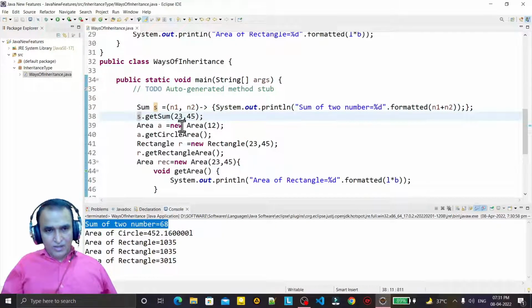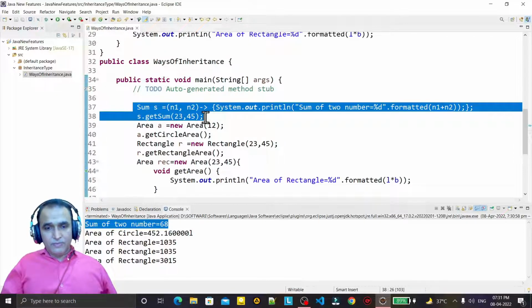With the help of the object, we just access a function. So this is the latest way, you can say the new method of inheritance in Java.